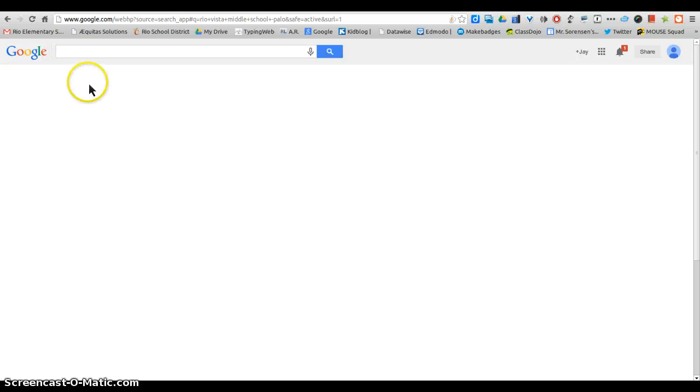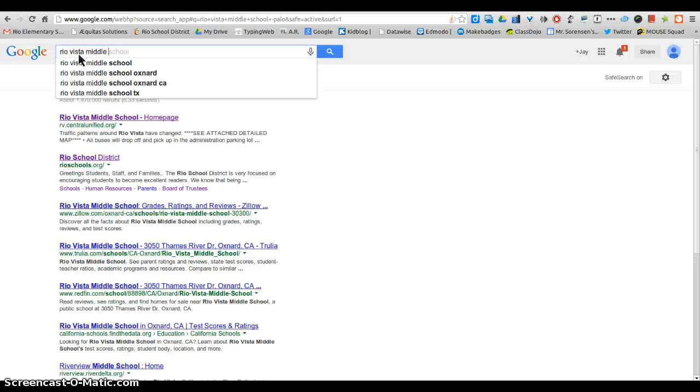The next tip is to use the minus sign. The minus sign will take words out of the search or exclude sites that include that word. For example, let's say you were trying to do a search of Rio Vista Middle School, and then you'll notice that